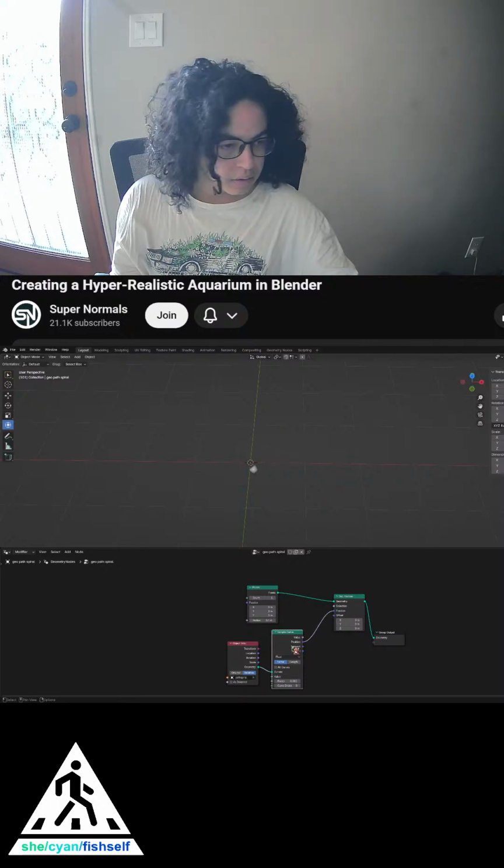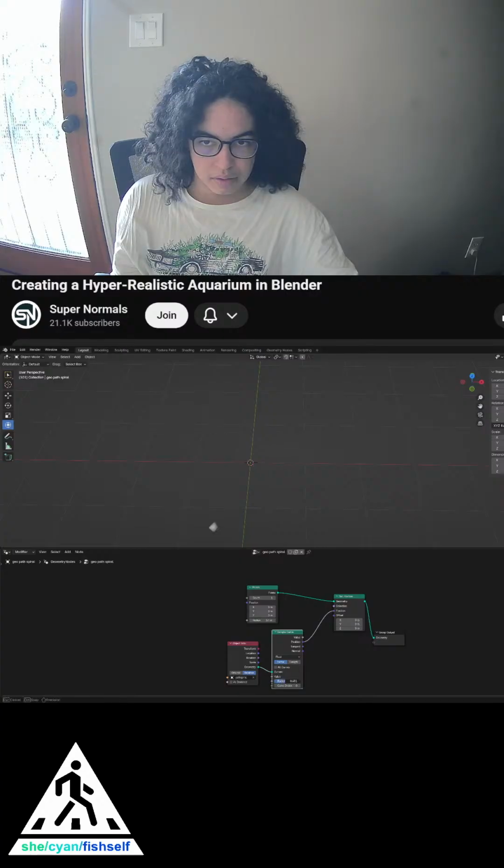Now we want it to automatically follow the path, so we can add a scene time node, which is always